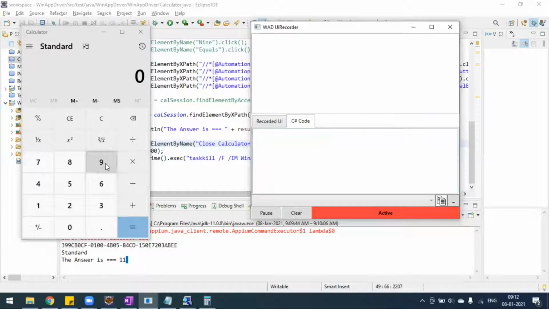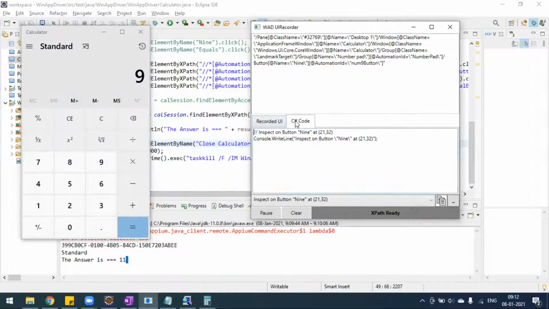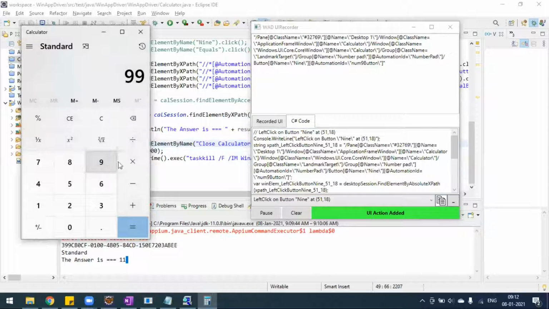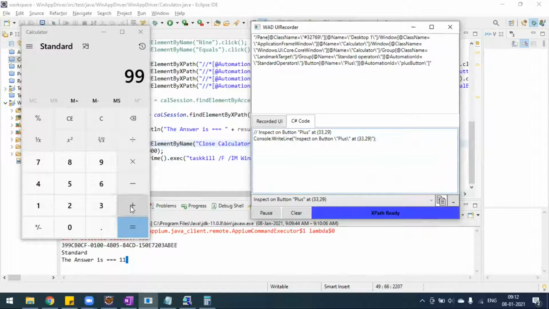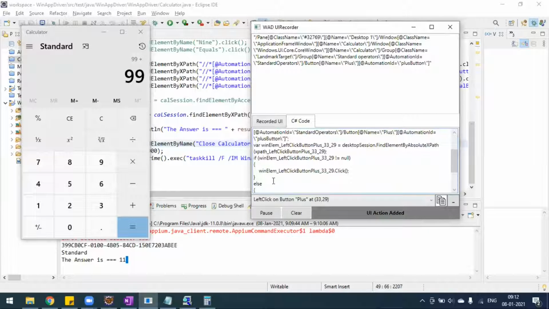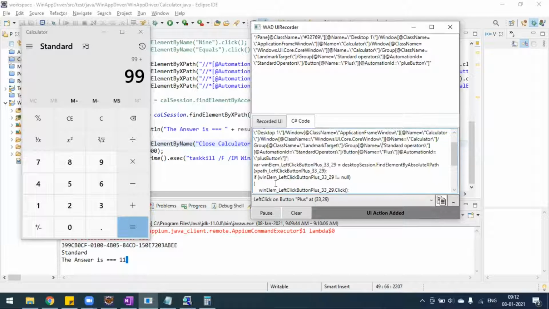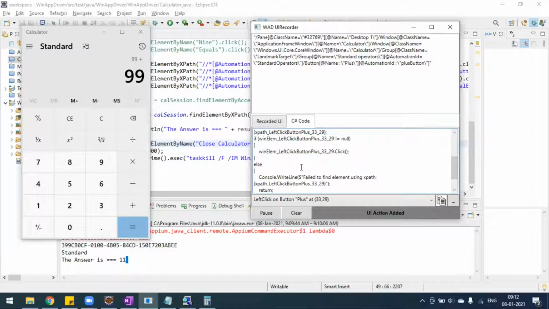So now you can see again I'm clicking on the 9. It has to highlight and it will click. So here we are clicking the number 9. After that, if you click the plus icon, it again generates new code. So only a single line of code is generated here, not like in Selenium IDE or some other recording tool. So you have to copy each line of code, then go to C# with the Winium driver execution.